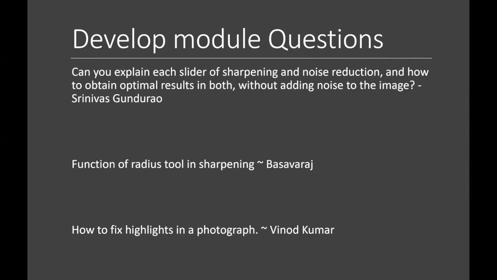Let me go to the next question. This is a sharpening question. There are two questions here. Basically, I will explain everything about sharpening and noise reduction. This is where most people get stumped as far as Lightroom is concerned. Lightroom can do a fantastic noise reduction as well as beautiful sharpening, but you have to know your limits and how you can do it. So the questions are, one, show me all the sharpening as well as noise reduction controls and how to do both optimally. Then, what is the function of the radius tool, which I'll explain again in the sharpening.